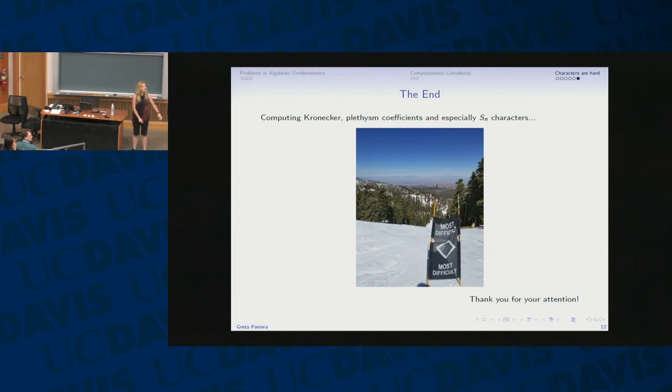Could you say a little bit about if there are promising targets for reductions from this, like other problems that you can reduce this to? Can you repeat that? Can I tell if there are other problems we can reduce this to? Implications from this hardness result. Implications. Not immediately,